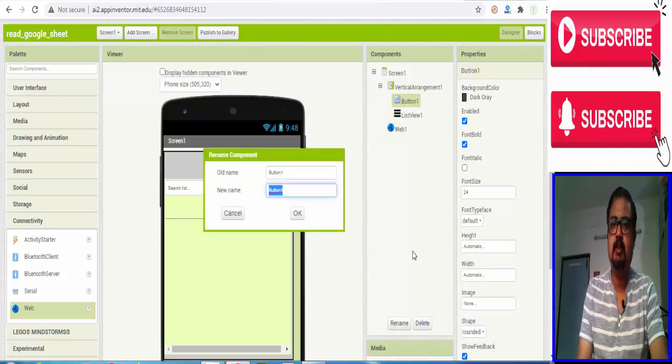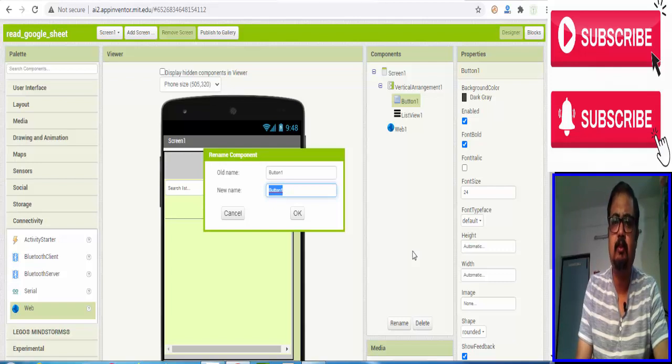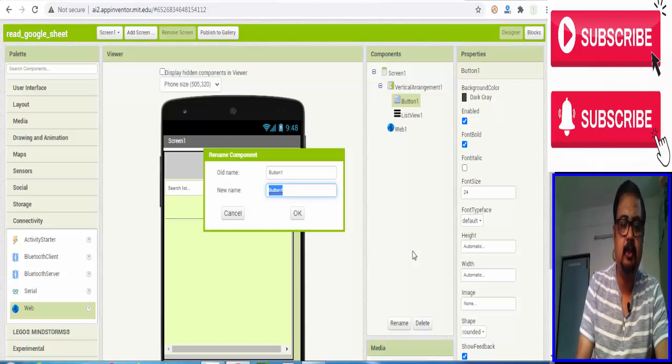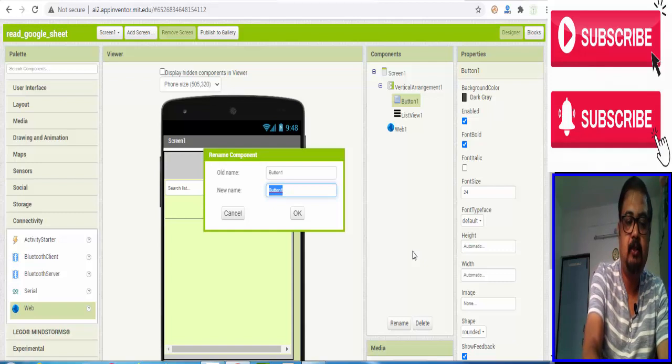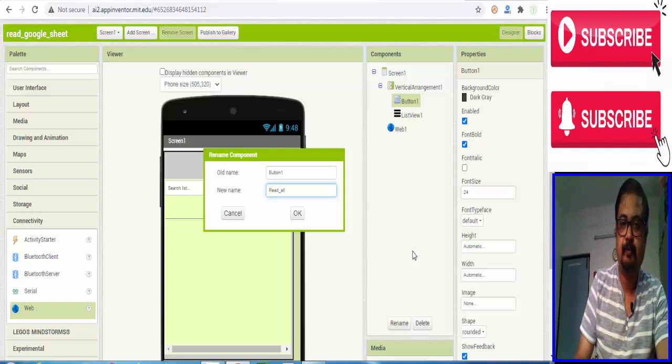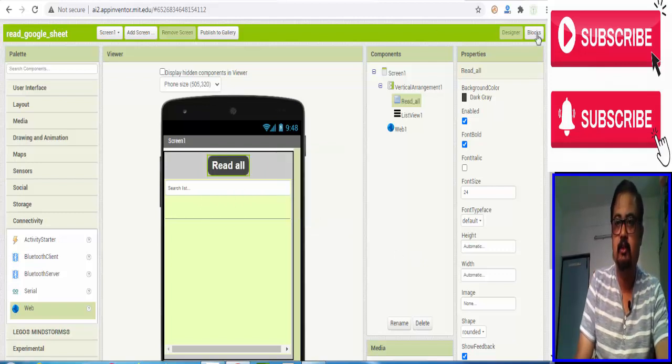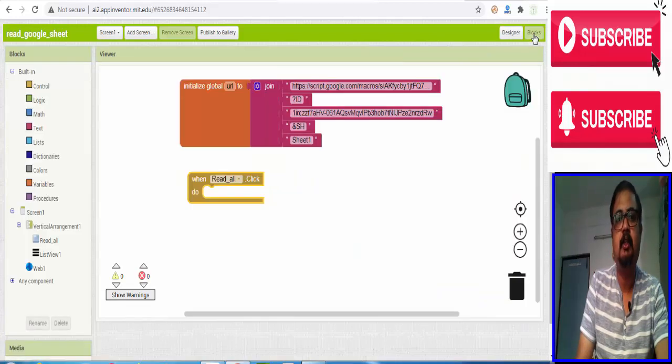In this program we have only two things to control, but in lots of apps we have to use lots of buttons and lots of other operators. So that is why better we rename button 1 to read all. Okay, so this is a good practice for making an Android app.